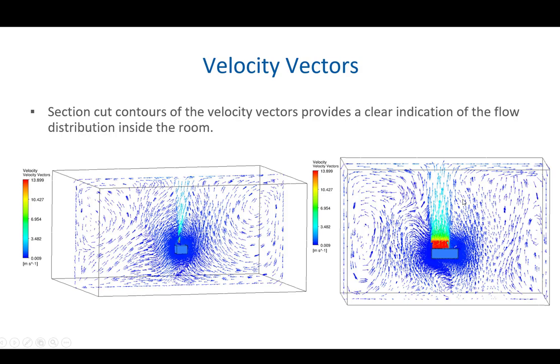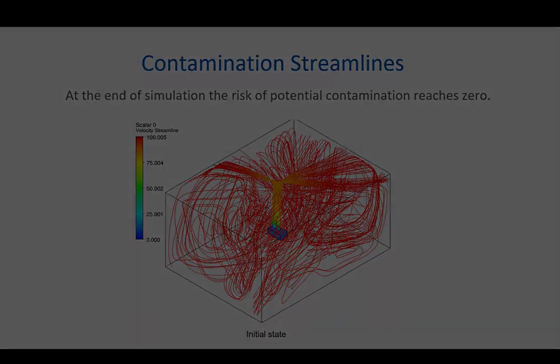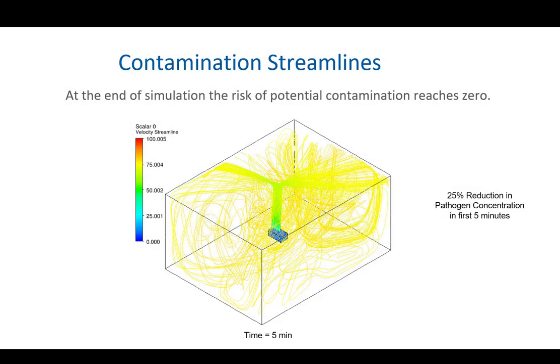So now let's look at the performance of the cleaning ability of the unit as a function of time using pathline plots where red represents the maximum viral load concentration in the room and blue represents a perfectly clean environment. This is the initial state at time equals 0 when the contamination is the highest and we've just switched on the clean air curtain. Within the first 5 minutes, we see a 25% reduction of pathogen concentration in the entire room. This alone may be sufficient to suppress the transmission of COVID, but it continues, and within 20 minutes,